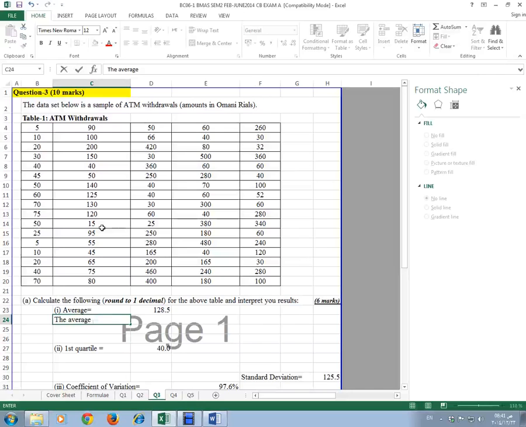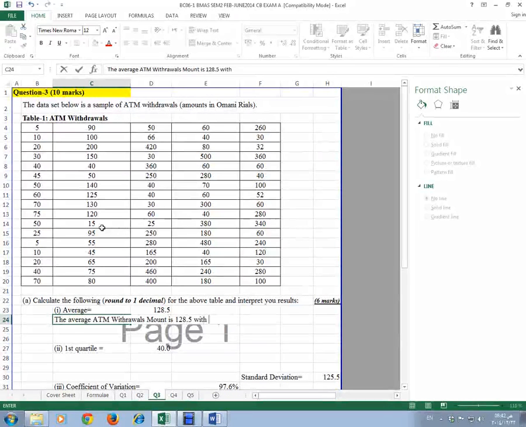The average ATM withdrawals amount is 128.5